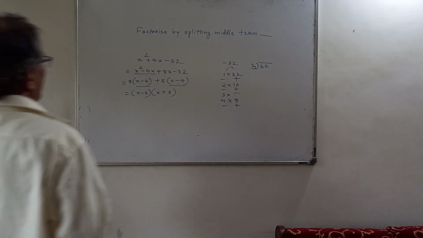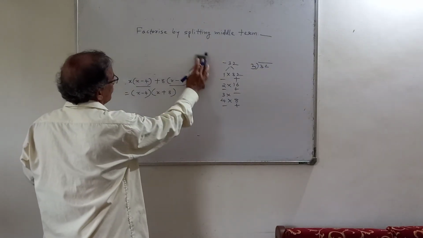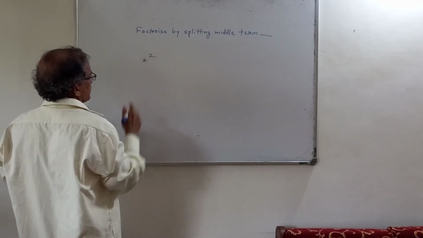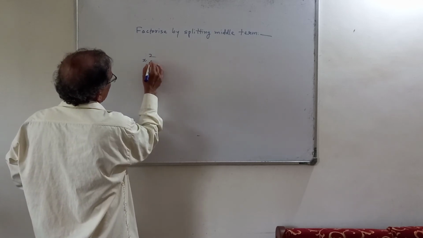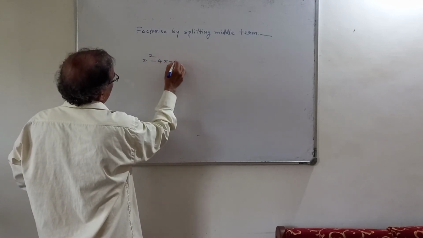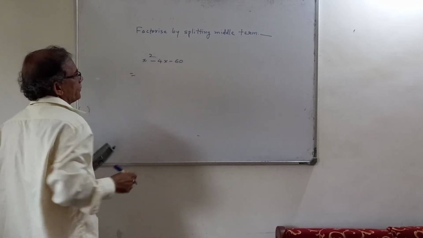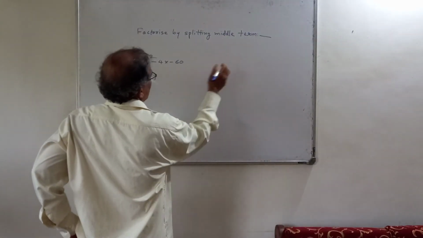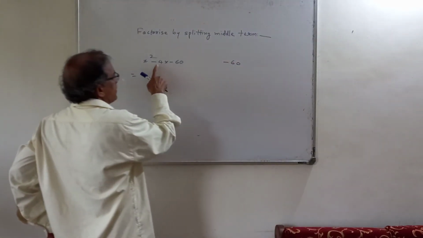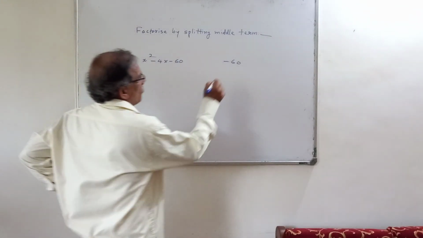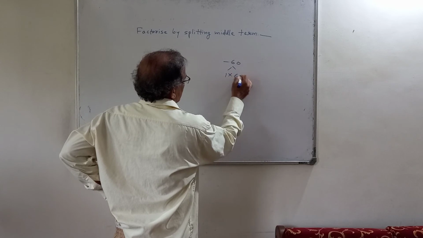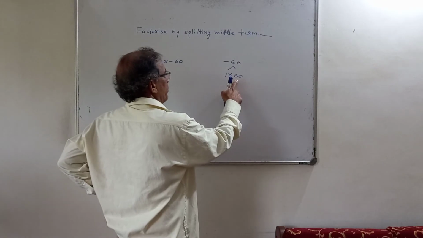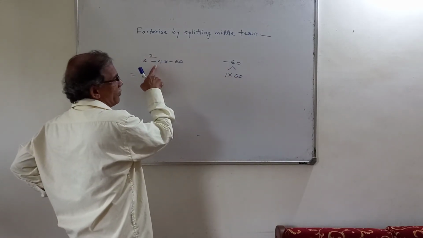So still I will give you one more now. x square minus 4x minus 16. What should be the product now? The product should be minus 16. And what should be the addition? Minus 4. So first pair 1 into 16. First we have to attach sign to the greater number. Sign of whom? Middle term. The addition should be minus 4 now.